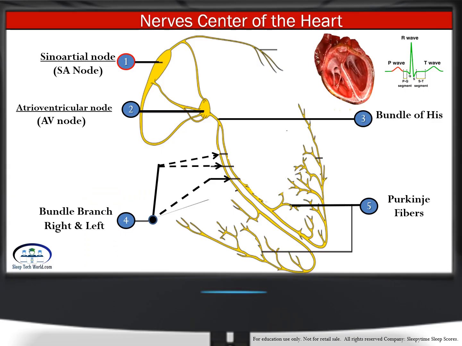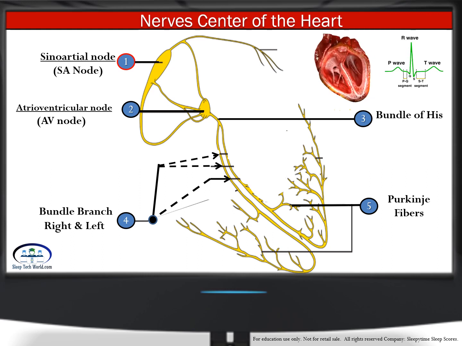The nerve center of the heart. An electrical impulse is generated by the sinus node, or as we normally call it, the SA node. Its job is to act as the heart's natural pacemaker. The SA node is a small mass of specialized tissue located in the right upper chamber of the heart's atrium. The SA node sparks an electrical current across both left and right atrium chambers, causing both atrium chambers to contract at the same time. This action is referred to as